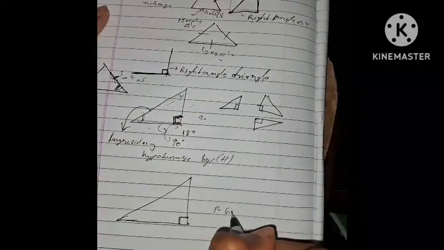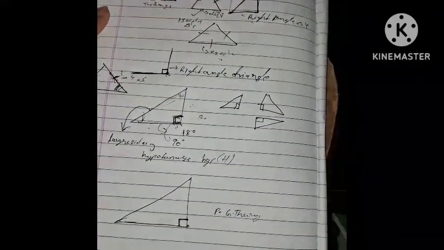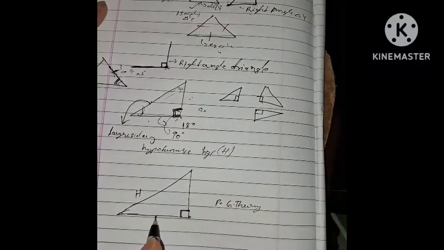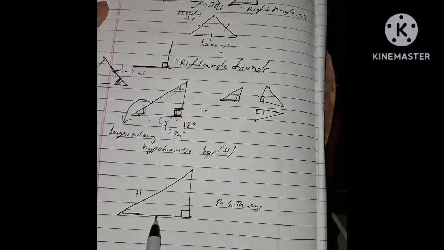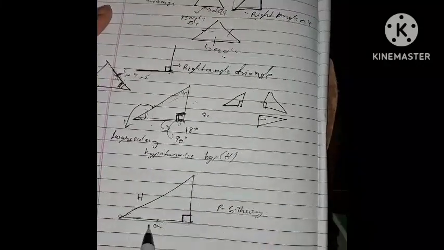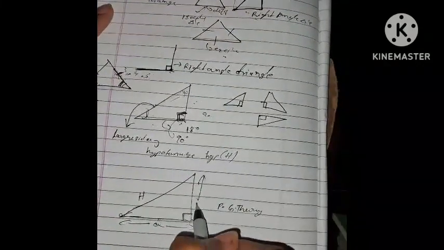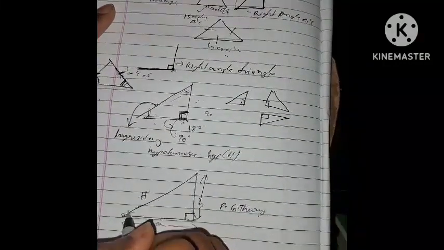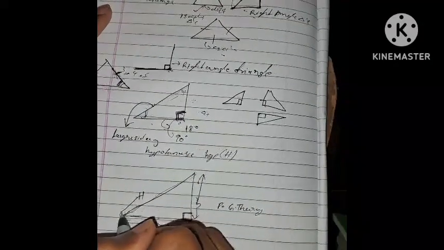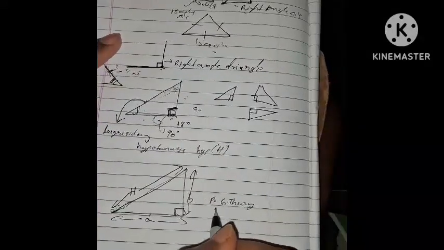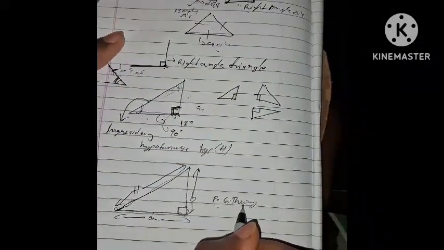What is Pythagoras theorem? Okay, so what is hypotenuse here? This is hypotenuse. Let's say this side's length is a, this side length is b, and the hypotenuse length shall be h. So Pythagoras theorem concept tells us